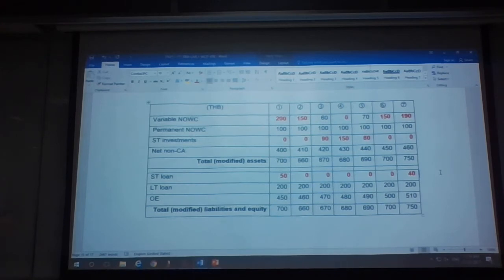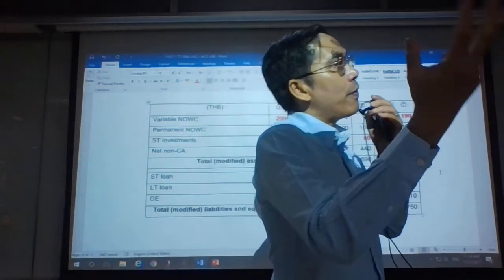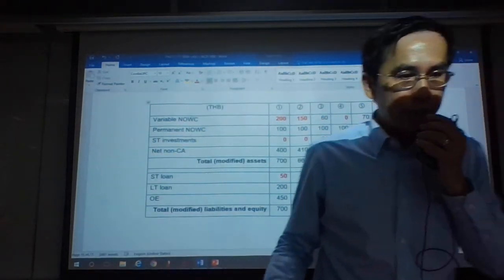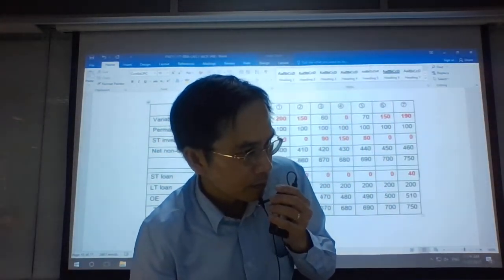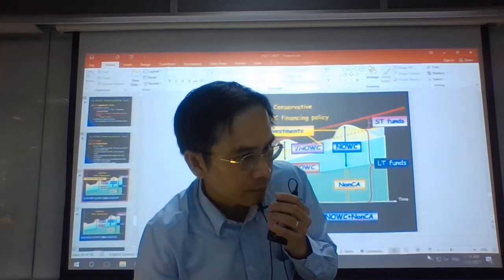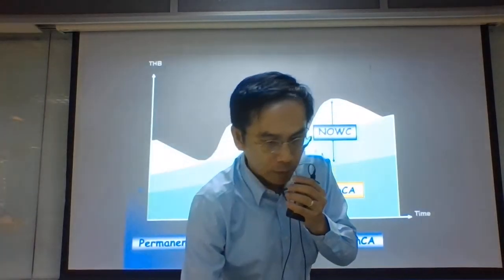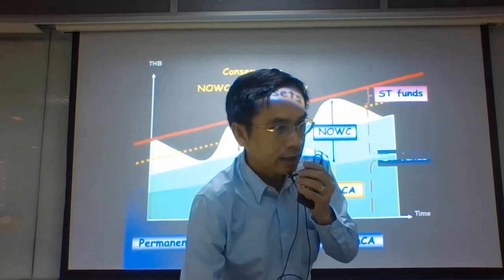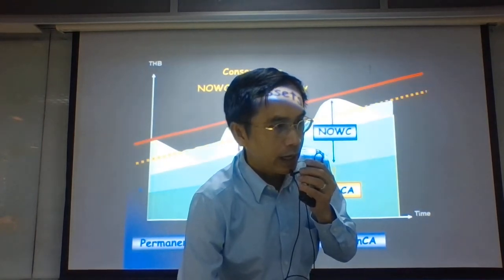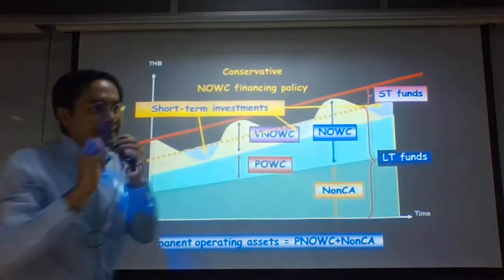And number four, when there is excess cash, the firm transfers it into marketable securities and then sells them when the firm needs some cash in the future. Right? Now, before we move to see the effect of risk and return, I would like you to understand again